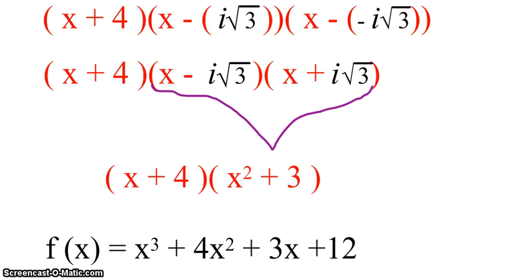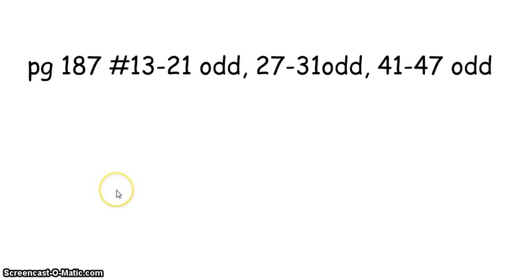And here's the assignment for you to work on the rest of the period. The first two parts, 13 through 21 odd and 27 through 31 odd, is solving the equations by any method. If it's a quadratic, you could do it by factoring, you could do quadratic formula. If it's a cubic, if you cannot factor, remember to do p over q. The last part here, 41 through 47, you're going to do exactly what we just did on the